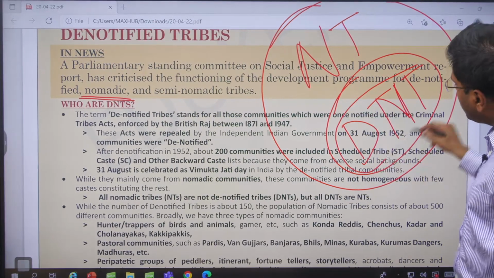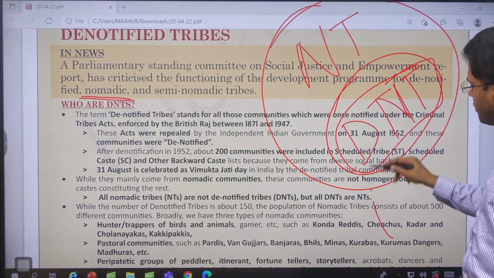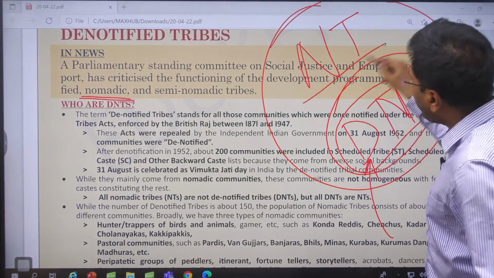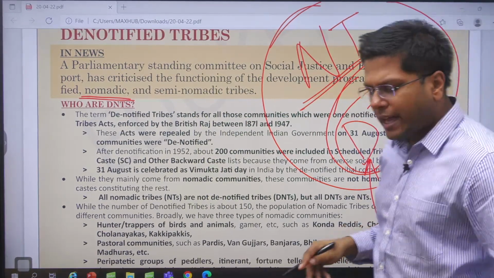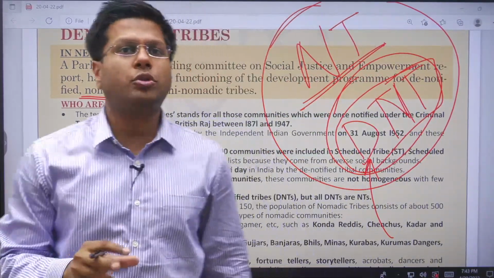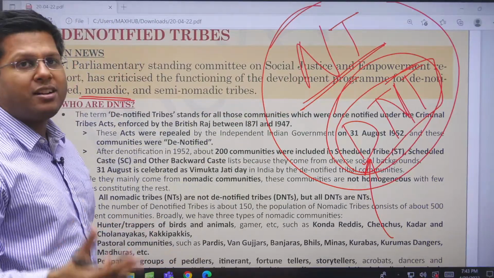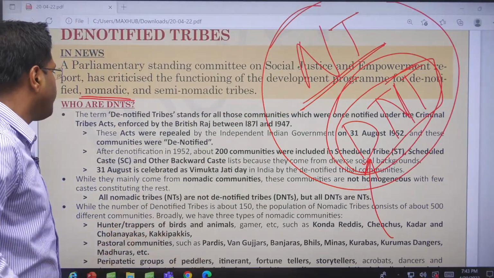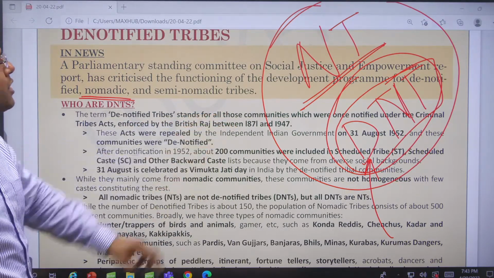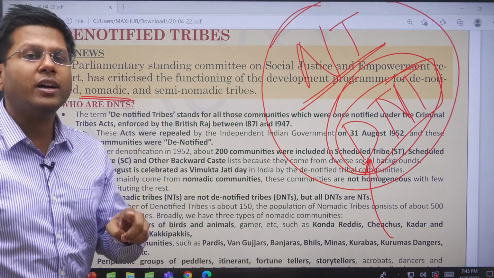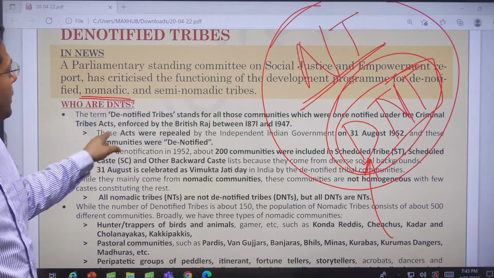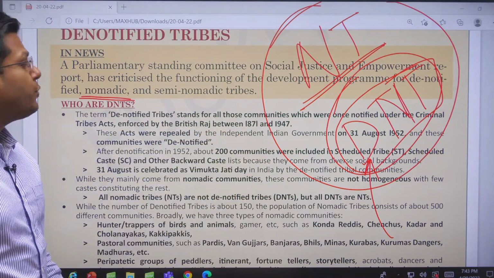So they have been denotified, they have been given government programs, welfare programs, but there are quite a few nomadic communities which have not been included in any government programs, and there are 250 such communities. So possibly the most marginalized sections in the country, right? So denotified term stands for those communities which were first notified as criminal tribes by the Britishers between 1871